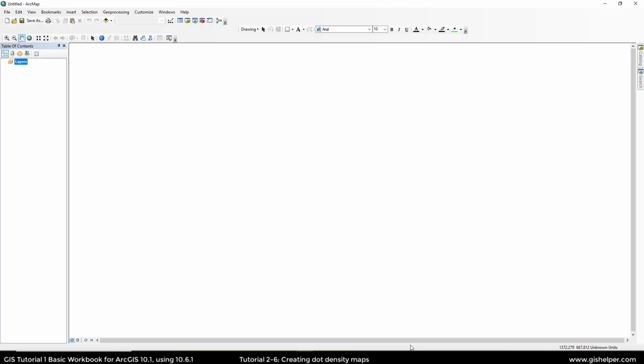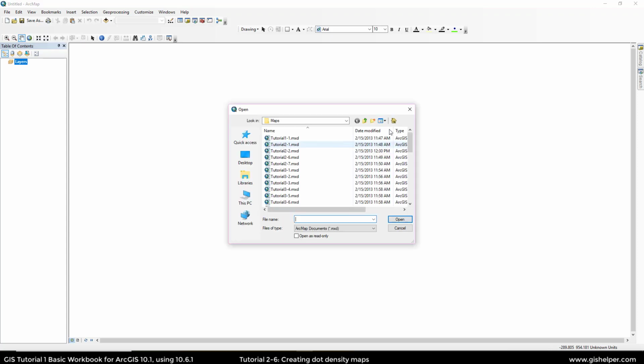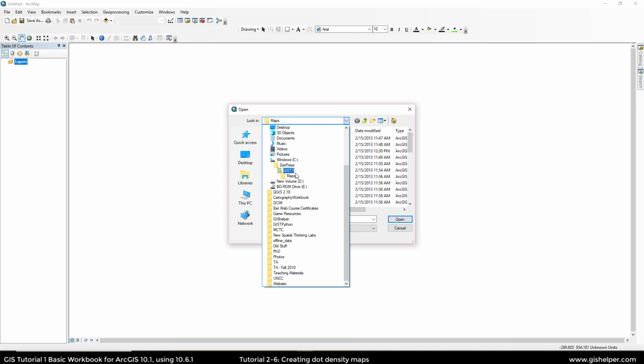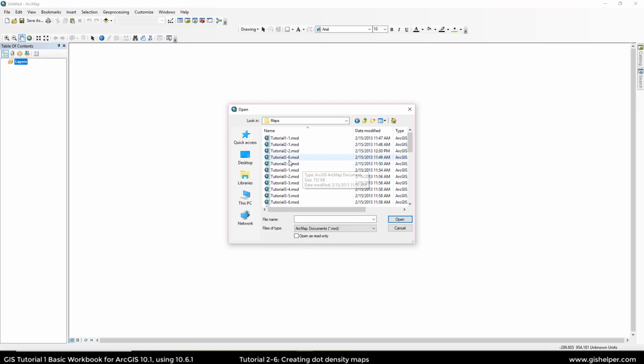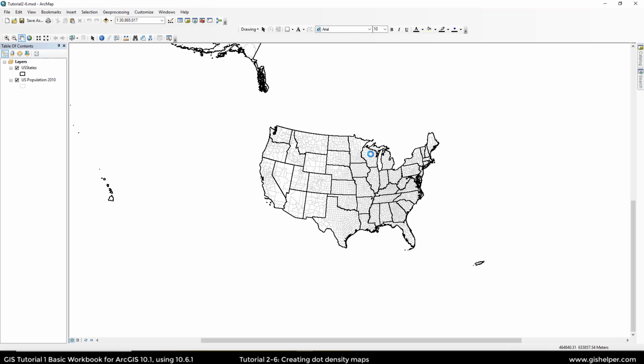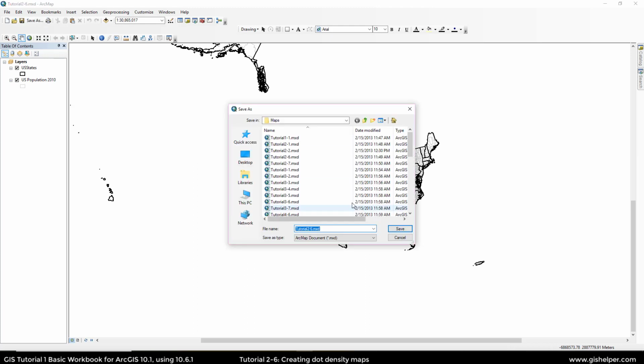This is tutorial 2-6, creating dot density maps in the GIS Tutorial 1 basic workbook. For this tutorial, we're going to start off by going up to the Open button to browse our maps. You're going to want to make sure that you look under GIS T1 in Maps and then choose tutorial 2-6. Then click Open. You're going to want to hit the Save As button or go to File Save As and